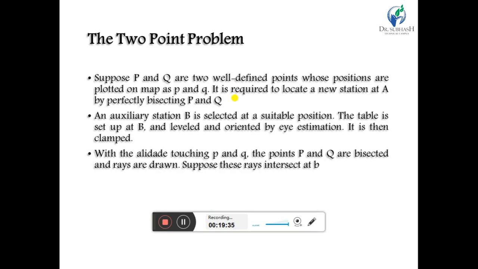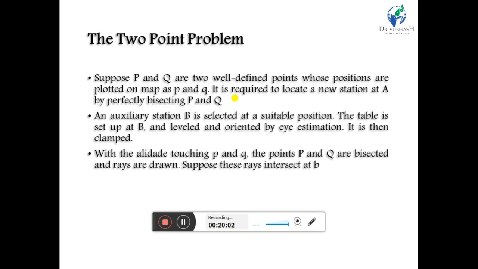Suppose P and Q are well-defined points whose positions are plotted on the map as small p and q. It is required to locate the new station A by perfectly bisecting P and Q. Note that the two-point problem is a very accurate method of resection for locating our resurvey stations.